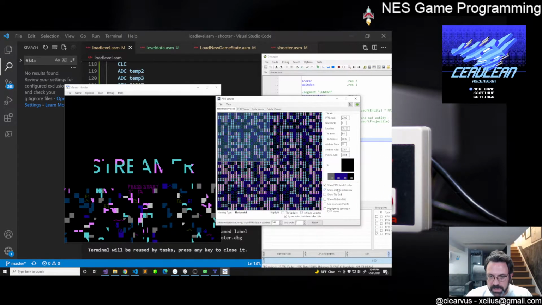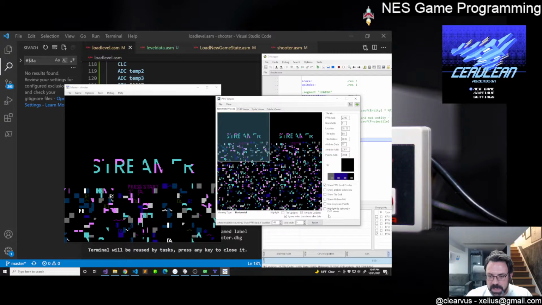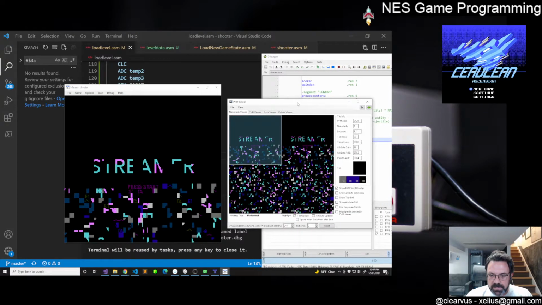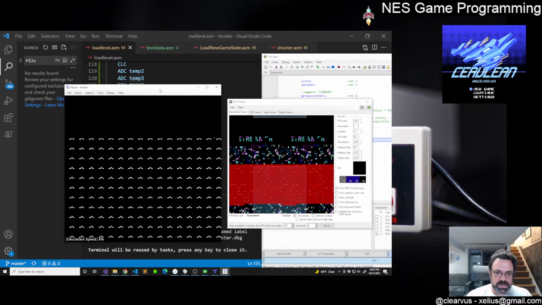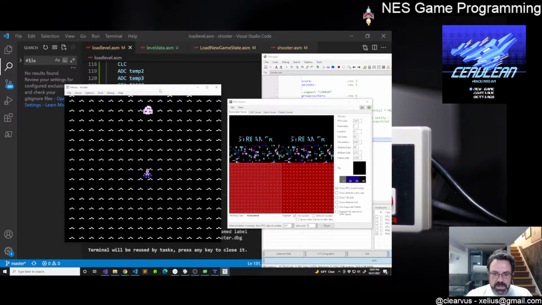Show attribute colors. Oh, that's cool. So I want to see tile updates, and I don't care about attribute updates, and I do want to see writes that don't update the data. And so now we're running at pretty slow speed, and we press start, and